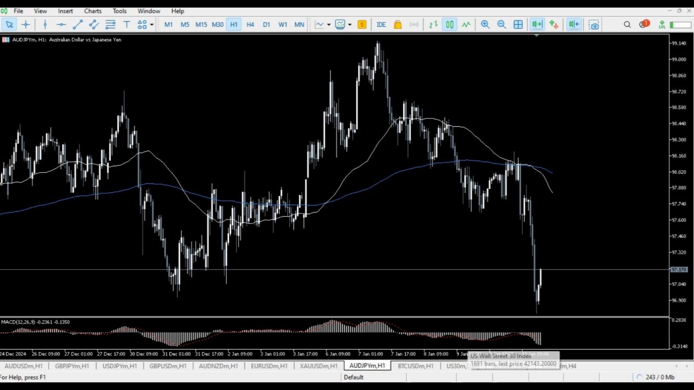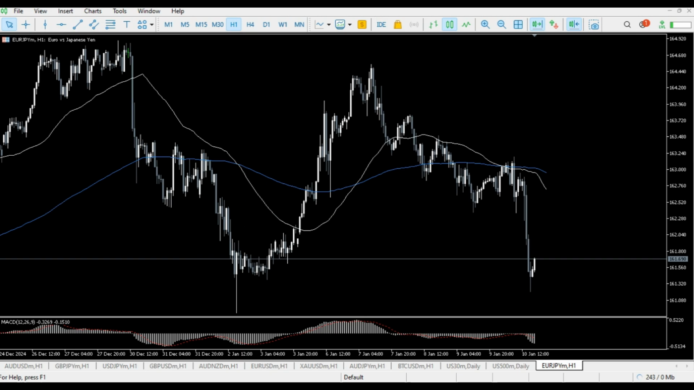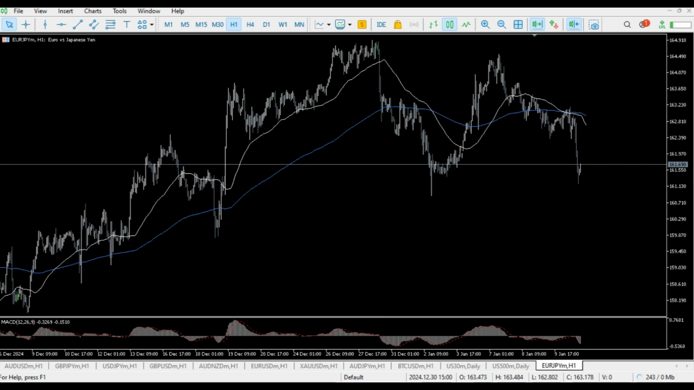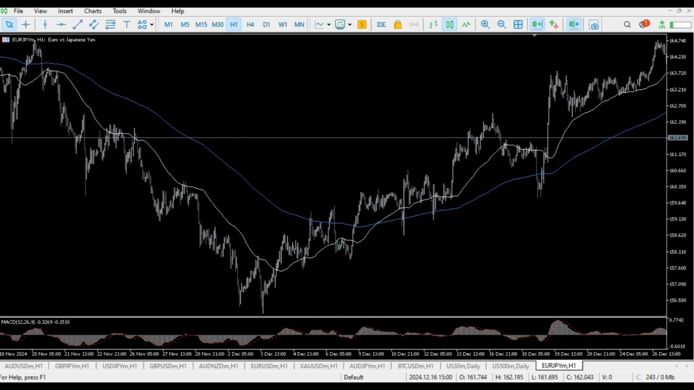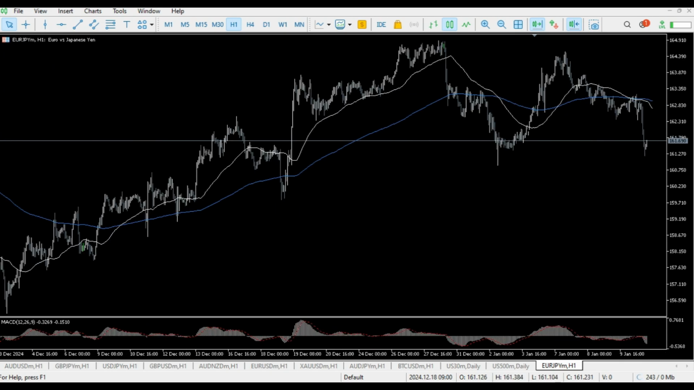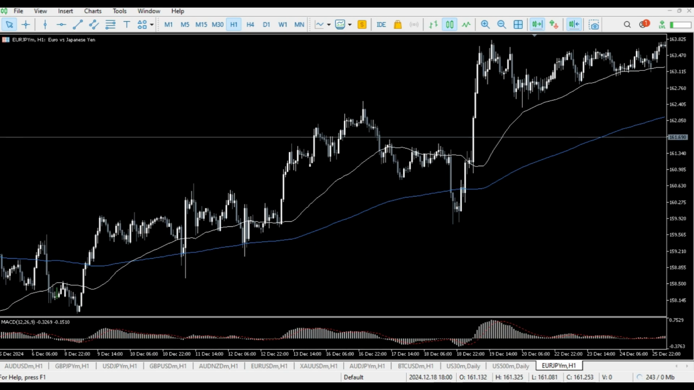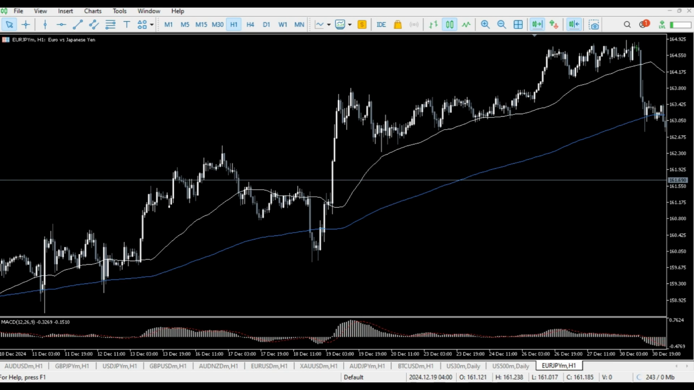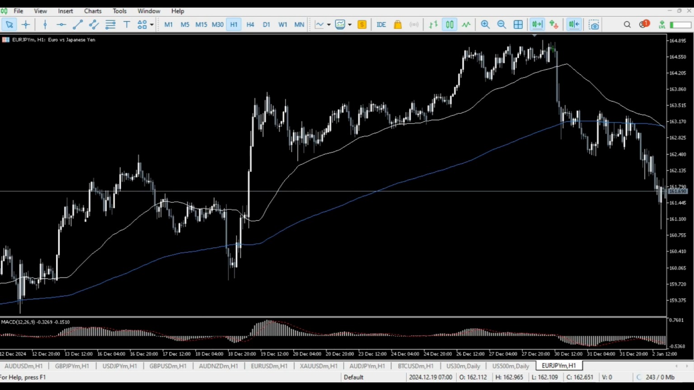Let's go to Euro JPY and see how it is doing. Lately it created a strong trend. It was not just a decent trend. Just a decent trend. But as far as I can see here,